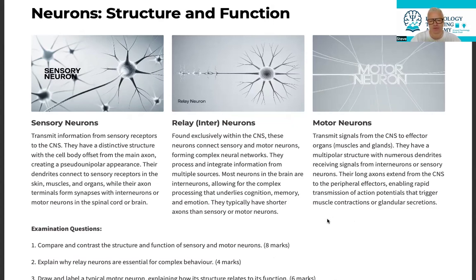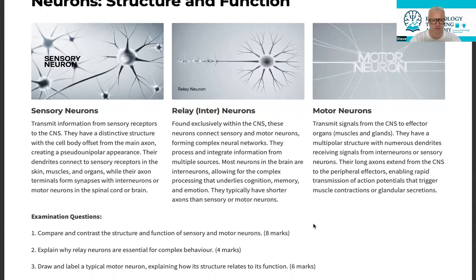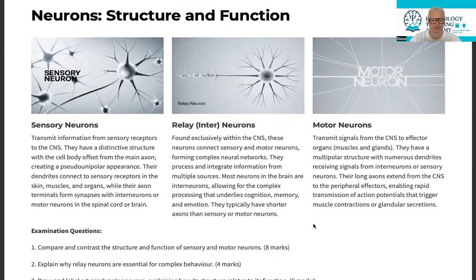So, for example, if I put my hand on a hot plate, the sensory neuron would fire a signal up my arm through the peripheral nervous system up to the central nervous system. It would then interconnect to a neuron in the brain, back down again to a motor neuron to tell me to move my hand. So that's how all three would be sort of connected.